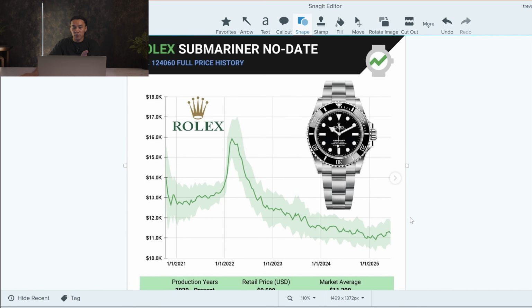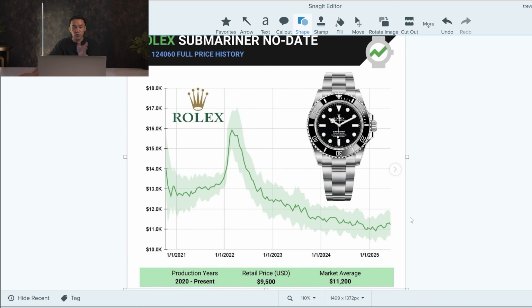This is for a specific Rolex model, Submariner no date, from production years 2020 to present. And this is the price history for this specific Rolex watch within a 4-year period. Now let me ask you, if you were a watch trader and had one of these watches in stock and someone offered you $16,000 to buy that watch off you, would you sell it, yes or no? The answer is always going to be yes, because there is no evidence suggesting that price would